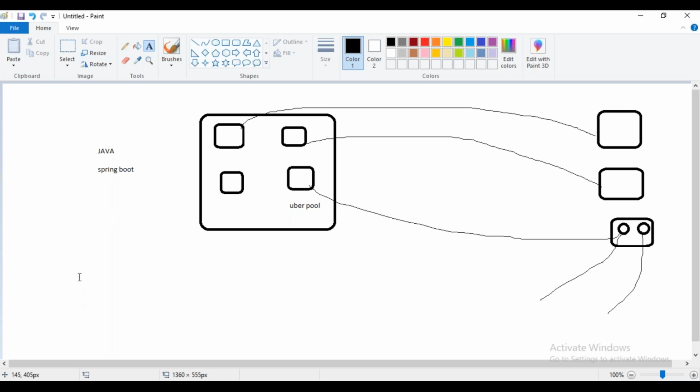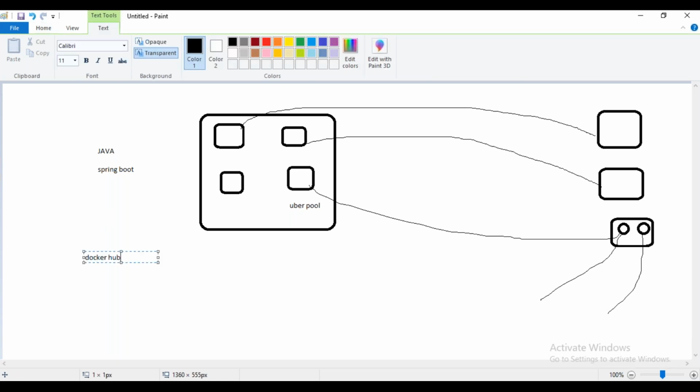The second feature is Docker Hub, which means you are going to get a lot of images. When we talk about the Docker engine, we have another concept called Docker Hub. Actually, Docker is a company. They have both a community edition and an enterprise edition. Both have the same features; the only difference is the support. If you take the community edition, you will not get any support. If you take the enterprise edition, you are going to get support.